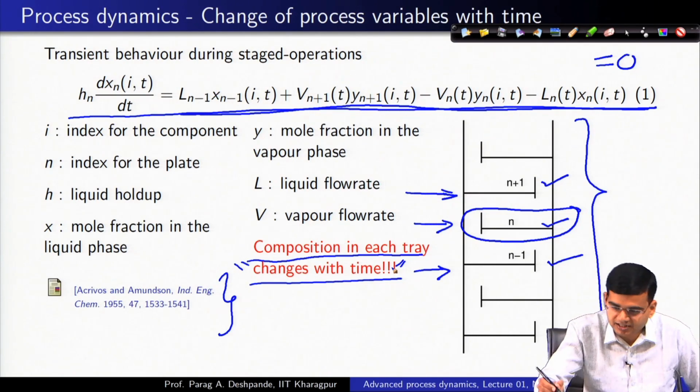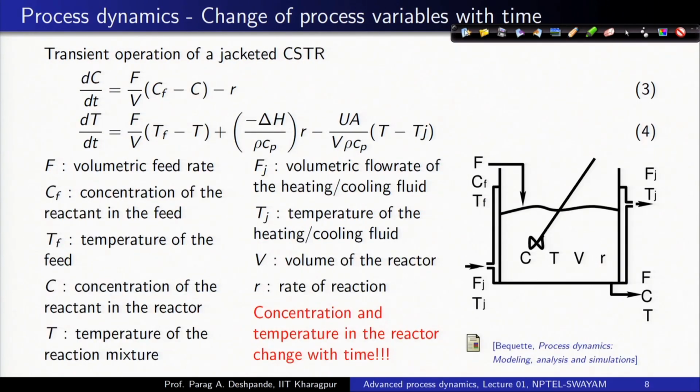Let us look at another example. So, imagine that you have a CSTR and you operate the CSTR under transient conditions. So, what is going to happen? Instead of one equation, you are now going to have 2 equations, because the concentration of the species is going to change with time. So is the temperature of the species going to change with time. So, now you have 2